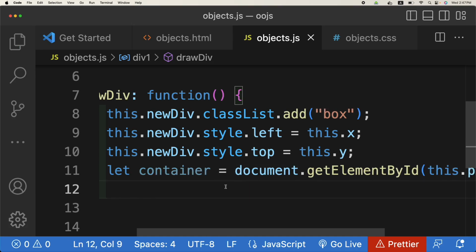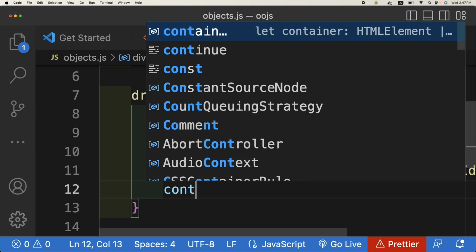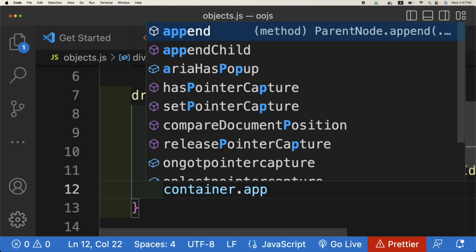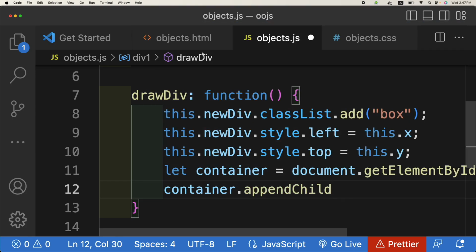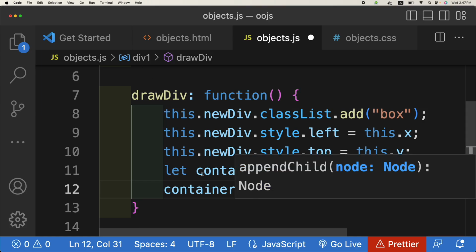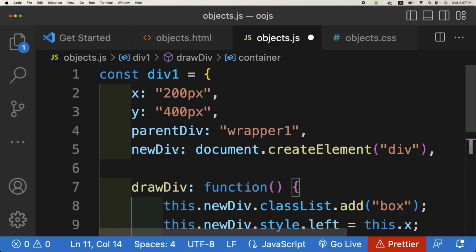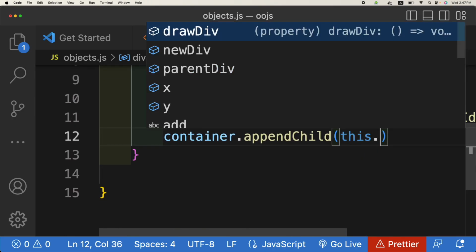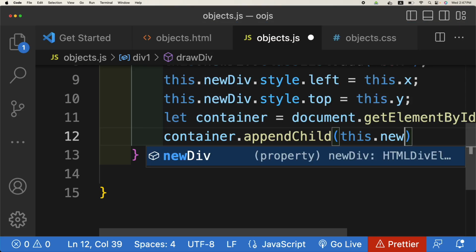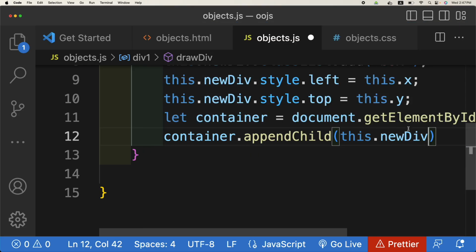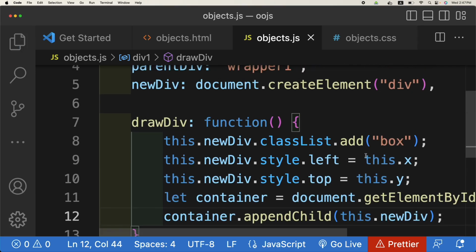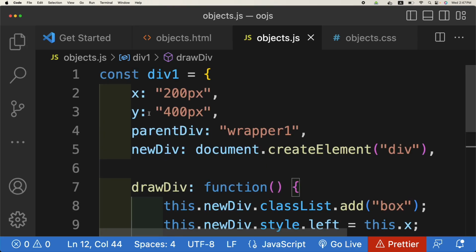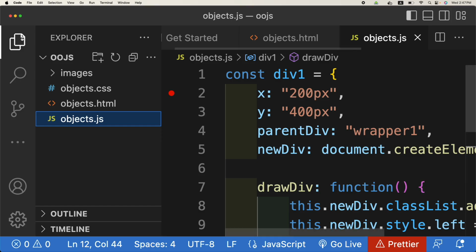So let container is equal to this, and container dot appendChild or append will also work. What is going to be added to this is this dot newDiv. That's it. Now the object is ready,